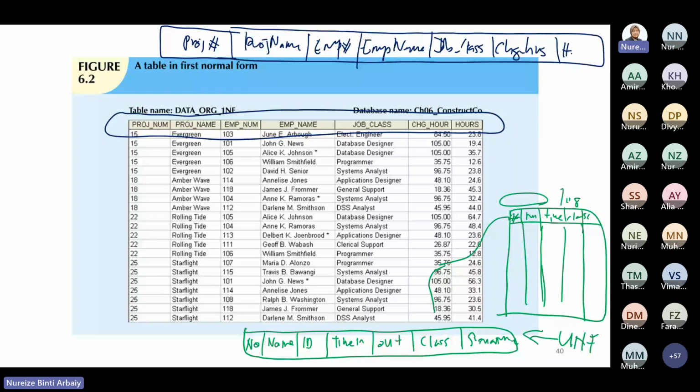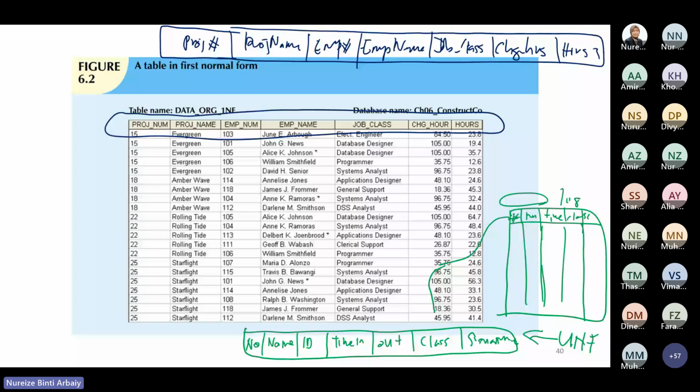Again, there is no table name. Remember, table name is a relation name. This is important. And there is no primary key, no foreign key that can be extracted from this information. We just have this one. So this is another example of unnormalized form. So what do we need to do? The next process: first, from the unnormalized form, we extract it into the database structure. The second step is to